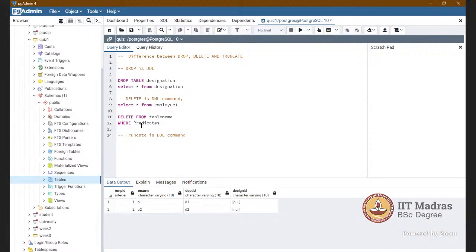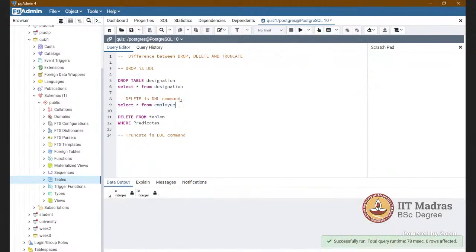We can delete one row, and we can delete all the rows also. You can omit the where clause also. So if you run only delete from, let me give an example. Let me insert something more in that employee table.